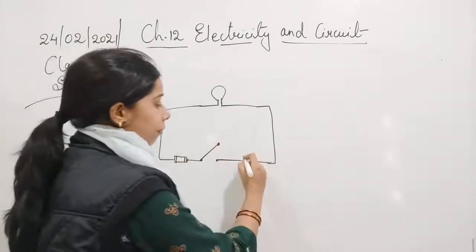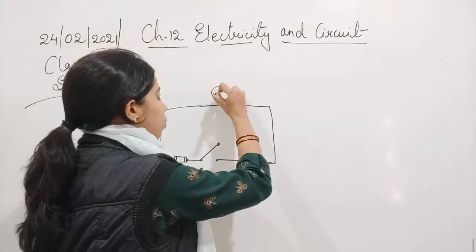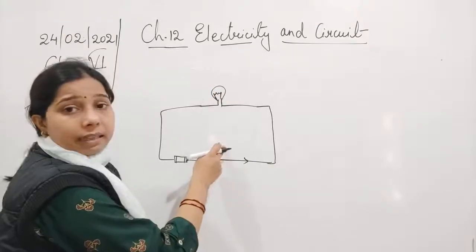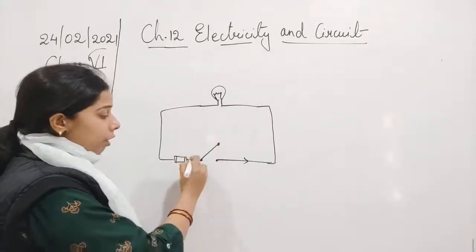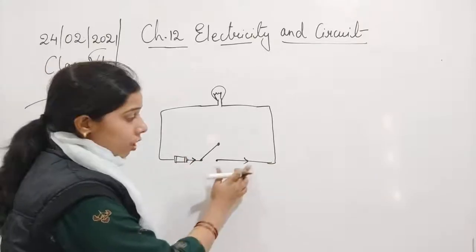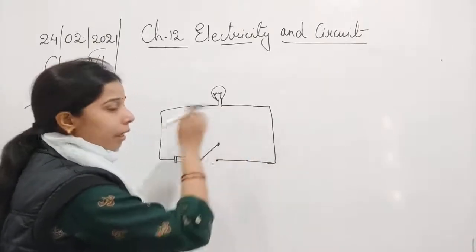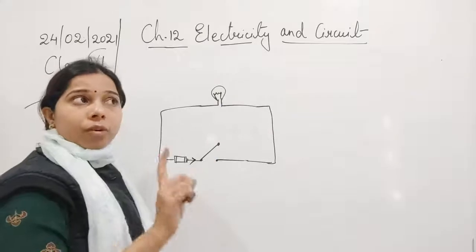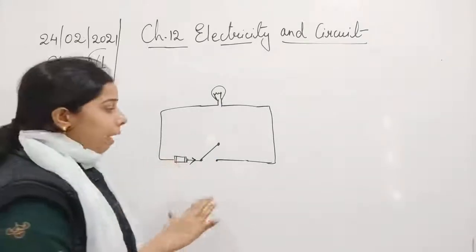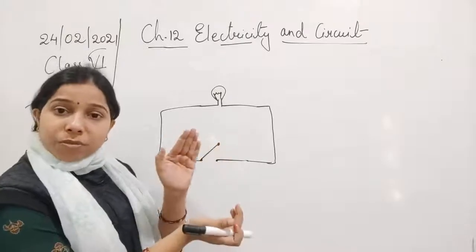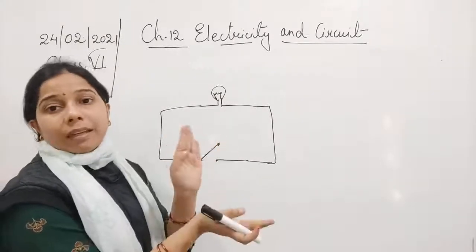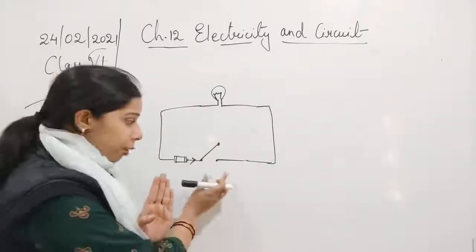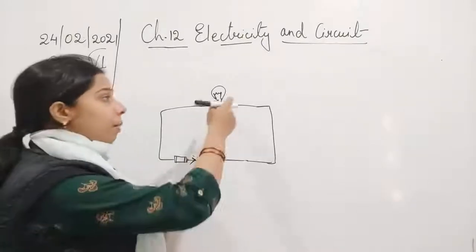So I'm just drawing a rough diagram, students, for you to understand it. If suppose this switch is not connected, what happens? There is a gap, student. If a gap is present, then when the current flows, it will not touch, so no current will be able to go to the electric bulb. This is called the switch being in the off position. When you turn off the switch, what happens? It gets open. The connection between one wire and the other will get apart from each other. It means they get open. So the circuit is now open here. There is a gap between the two connecting wires, so the bulb will not glow.